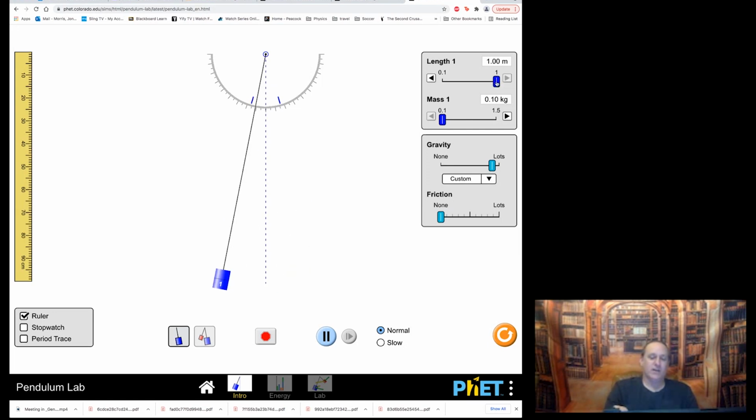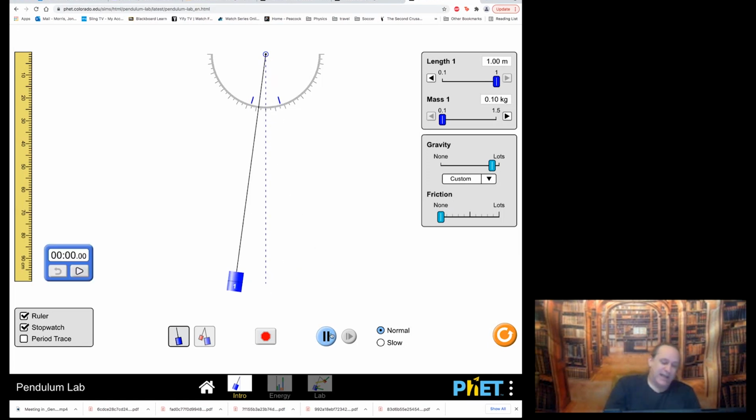Hard to tell there. What if the length is small? 0, 1, 2, 3, 4, 5. 0, 1, 2, 3, 4, 5. So it does seem to follow this formula. Okay, if we wanted to, we can put a stopwatch out, and to time it, let's stop